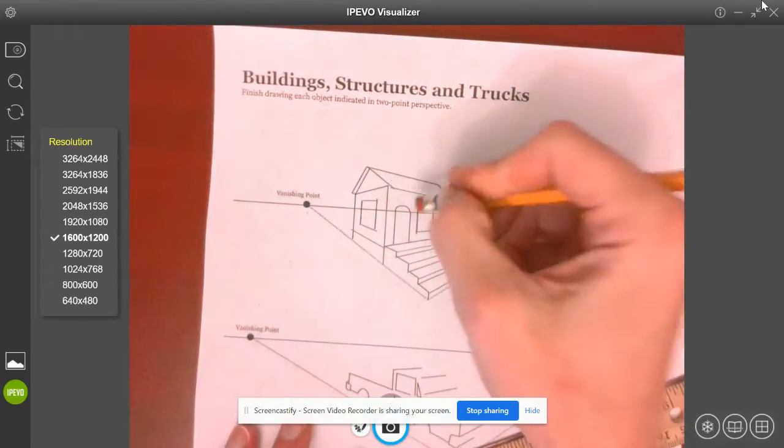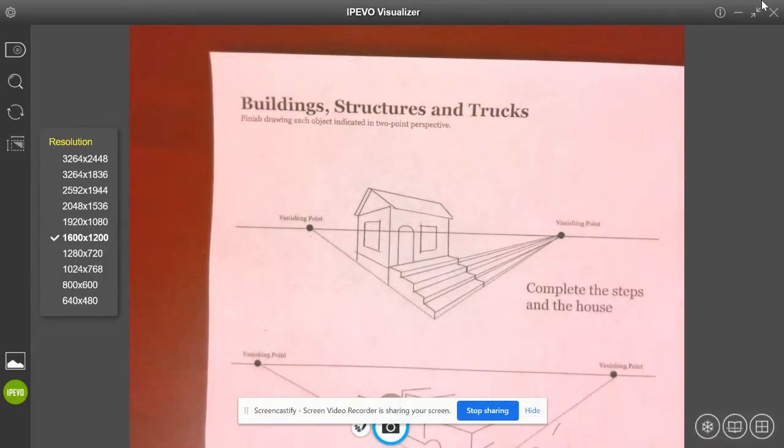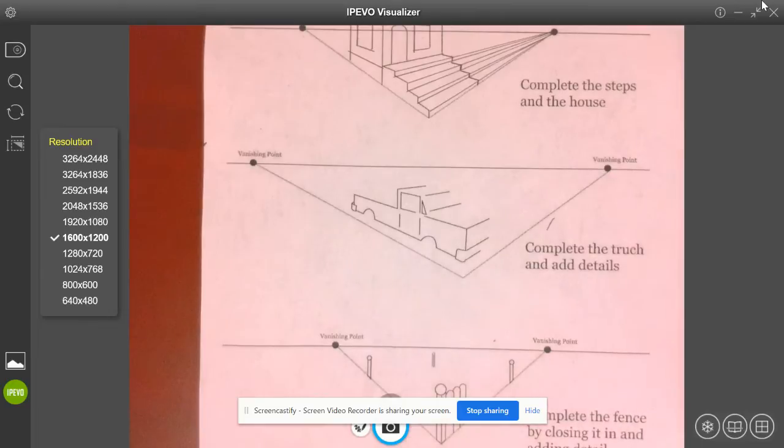Okay, so now I have my window in perspective. All right, so now I'm going to go to the next one. So I got to finish the truck. I can't actually remember which part on the truck I started with, but I'll go ahead and just start